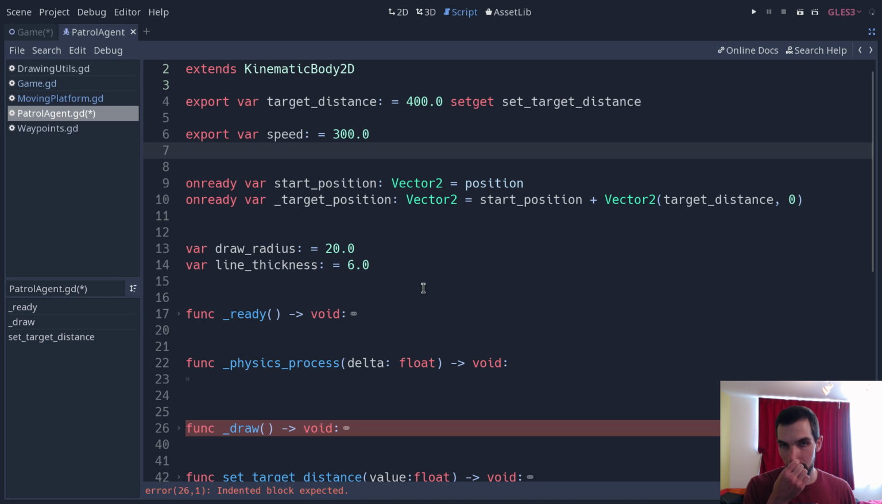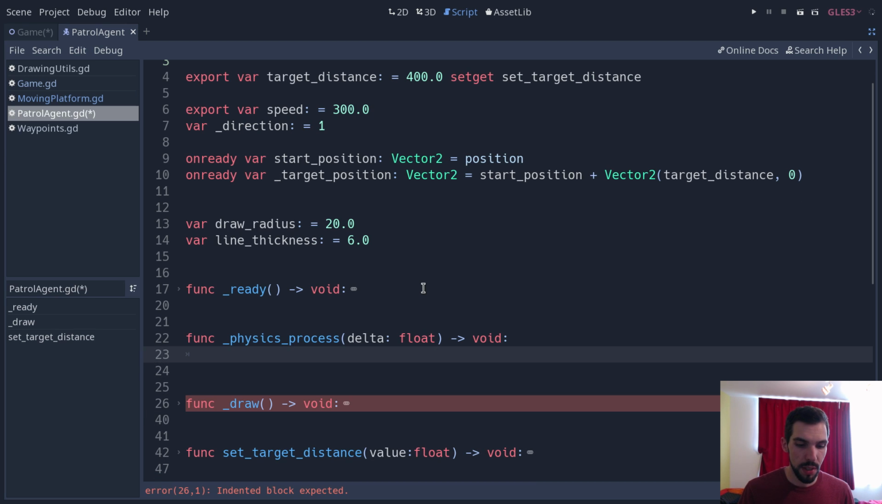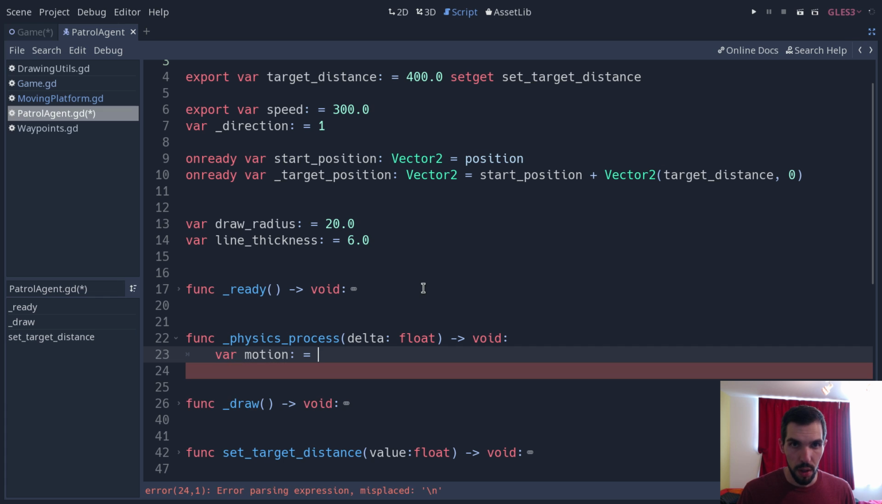Okay, so we have a movement speed, and do we keep the direction? Yes, we're going to keep track of the direction, like so. And the AI is going to move towards the right by default. So, on every tick, we're going to move the AI by direction times speed. So the motion is going to be equal to speed times direction,